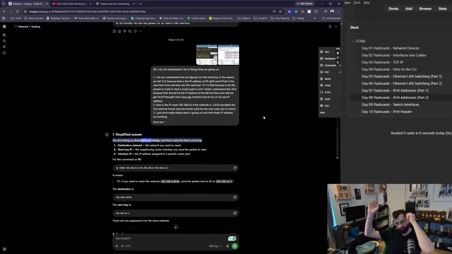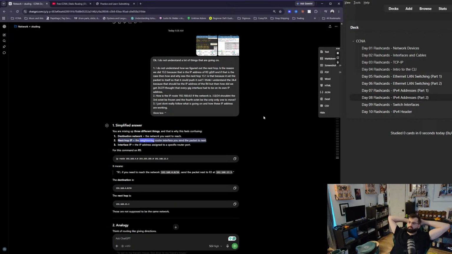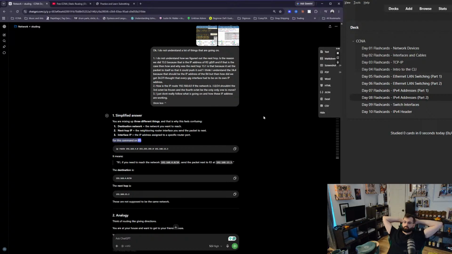You are mixing up 3 different things, and that is why this feels confusing. Destination network equals the network you want to reach. Next hop IP equals the neighboring router interface you send the packet to next. Interface IP equals the IP address assigned to a specific router port. For this command on R1, ip route